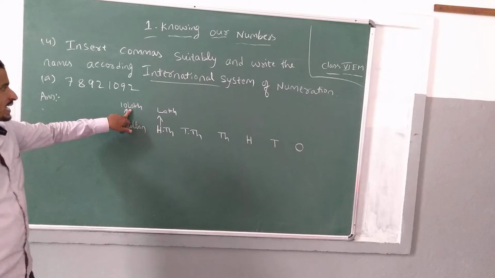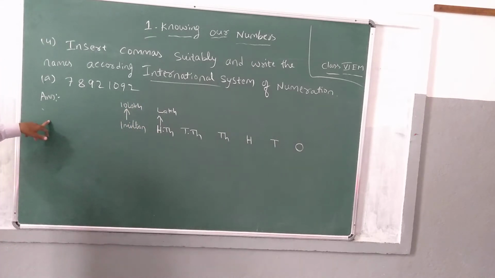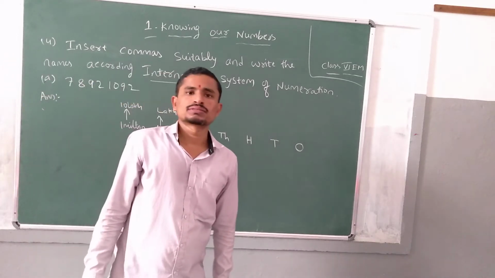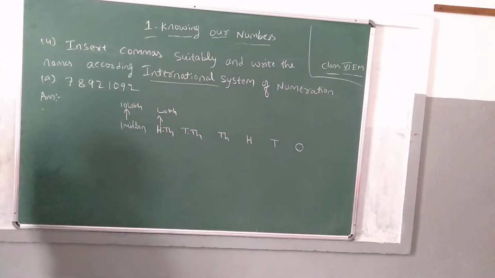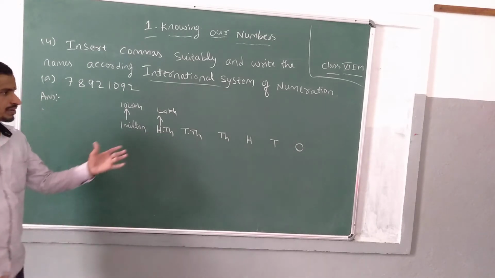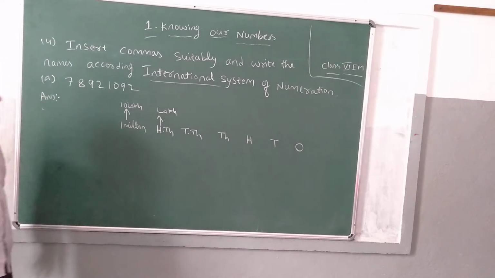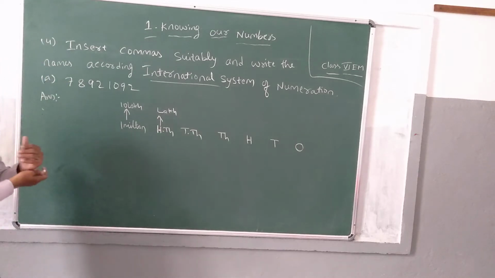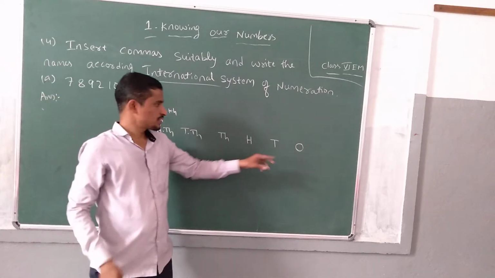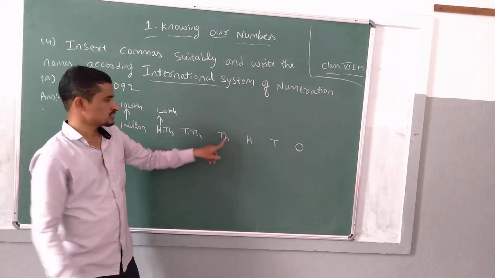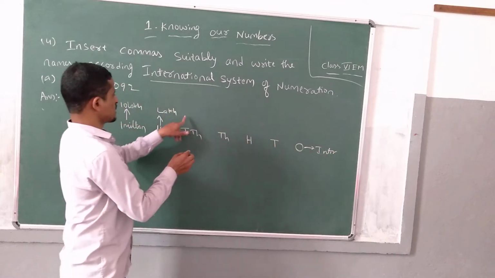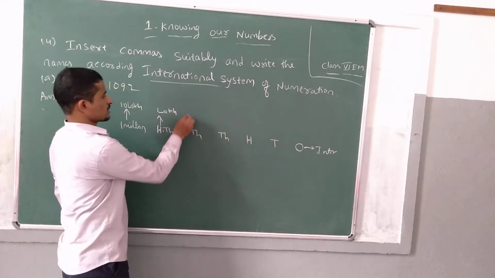Okay, lakh, 10 lakh, crore, 10 crore, 100 crore, 1000 crore, 10,000 crore. Okay, 1 lakh crore, 10 lakh crore, 100 lakh crore, after 1000 lakh crore. Like this, you have to go down, you have to move. It's very simple. Nothing is difficult in this. Okay, see here. Once again I will say you ones, tens, 100. So this is the international system. Okay, here upside same, up to here 10,000 is same.